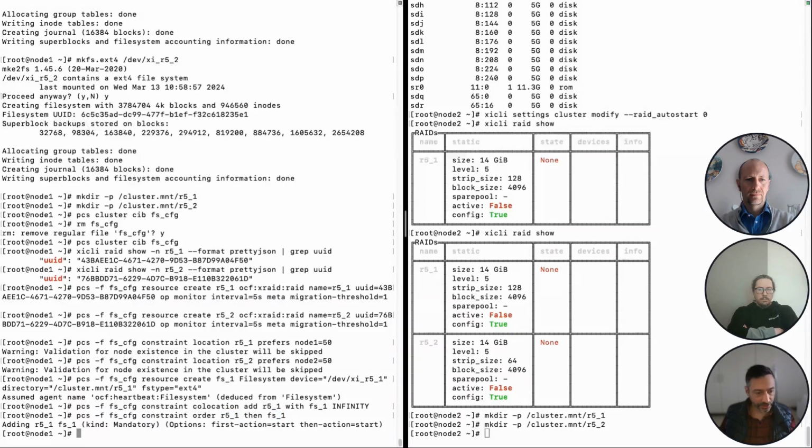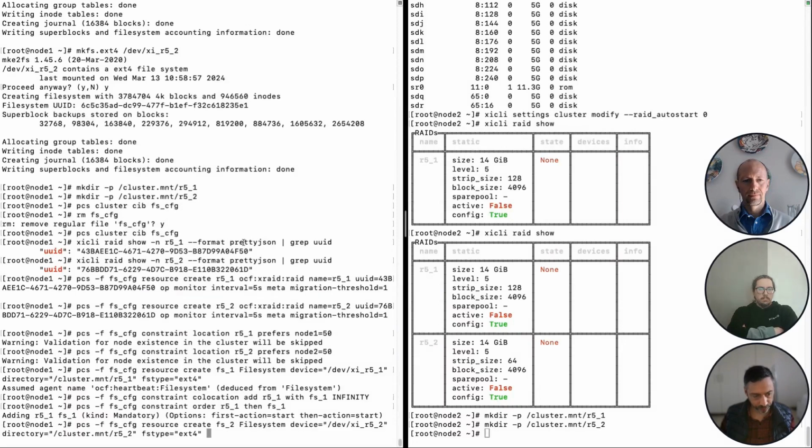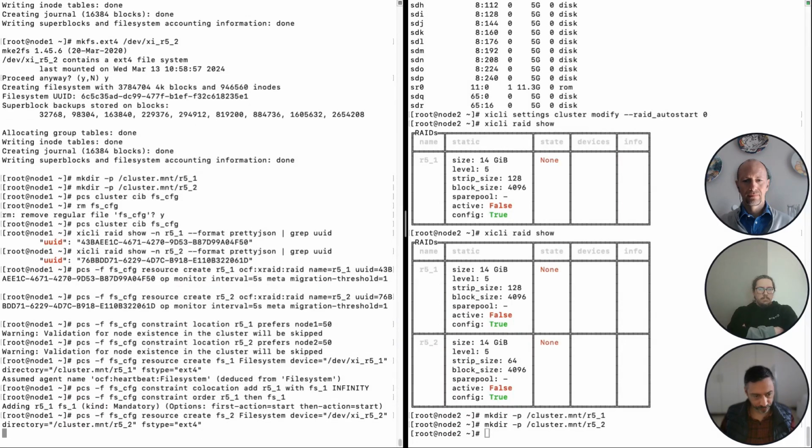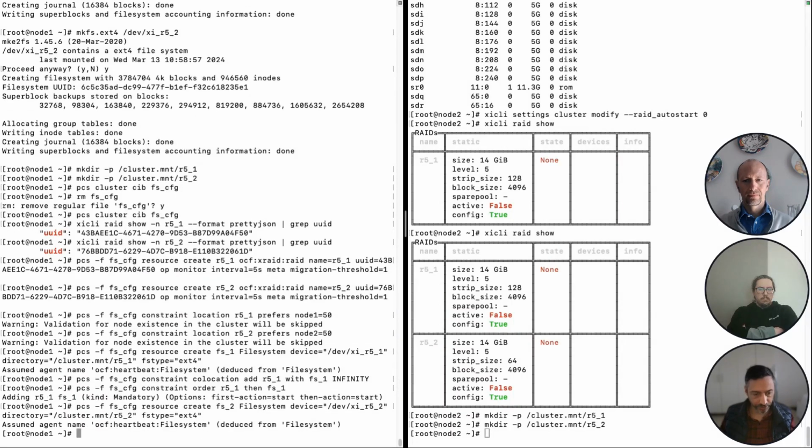Now we set these parameters for the first RAID and the first file system resource. Now let's repeat it with the second one: let's create the second resource, second mount point, and set the same parameters to it. We are creating the file system 2 resource, setting the